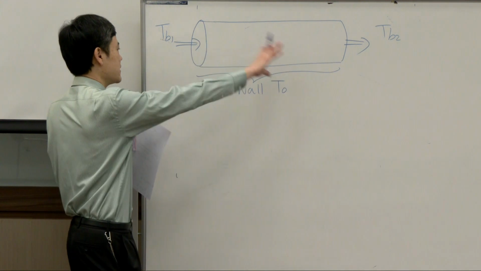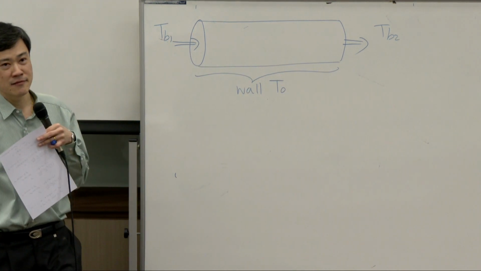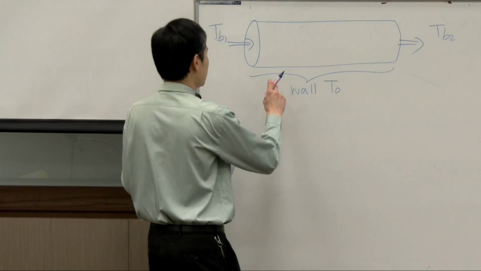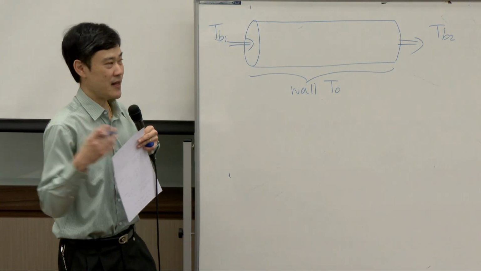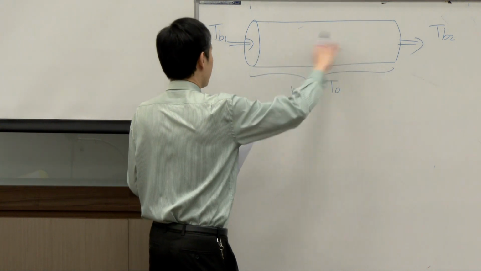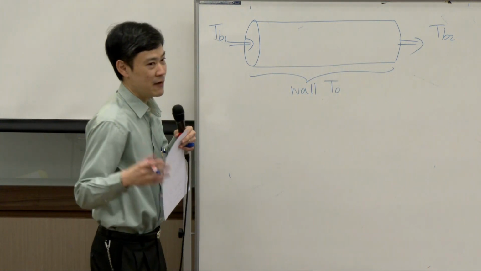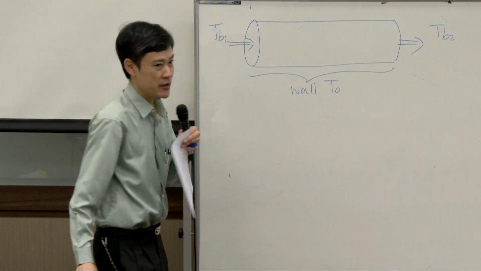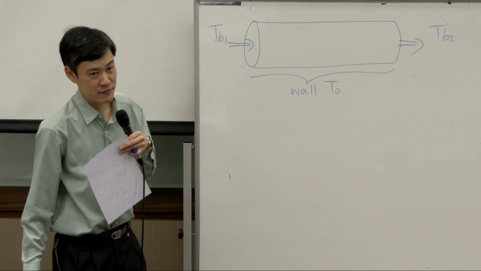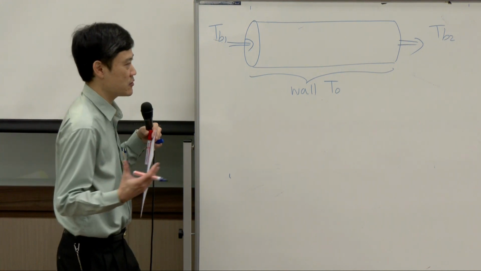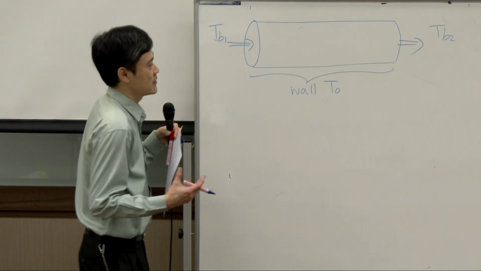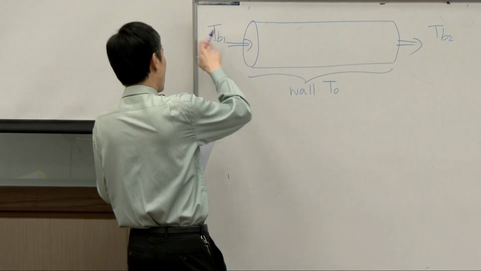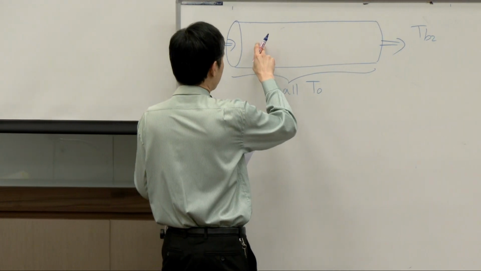Basically, if I put this in, let's say, boiling water, it doesn't matter what kind of temperature you have inside the pipe. If the water is boiling, the temperature outside the pipe would be 100 degrees C everywhere, right? That's the way we control the temperature of the wall to be constant. So if I put this pipe in boiling water, I put cold water in here, water will be heated up